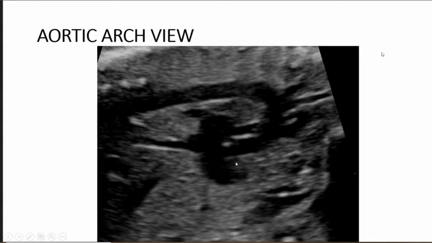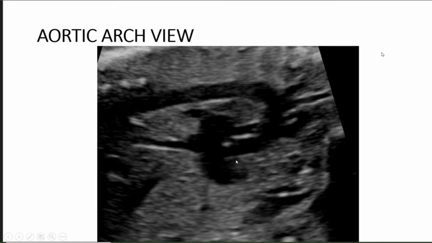Then we have to demonstrate the aortic arch view, which many times is very easily demonstrable when the fetus spine is anterior. So this is an oblique view. The ascending aorta starts from the mid-chest. This is the anterior chest, this is the posterior chest. So the ascending aorta rises from mid-chest, takes a sharp curve, gives rise to great vessels, and continues down